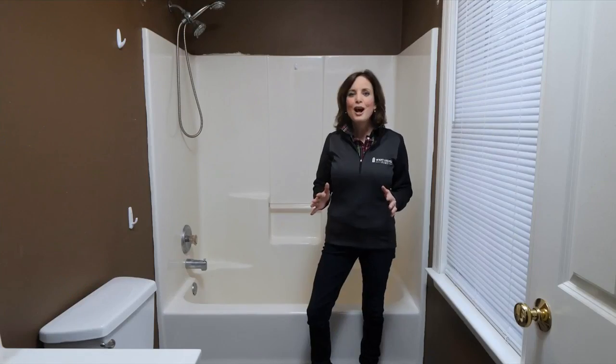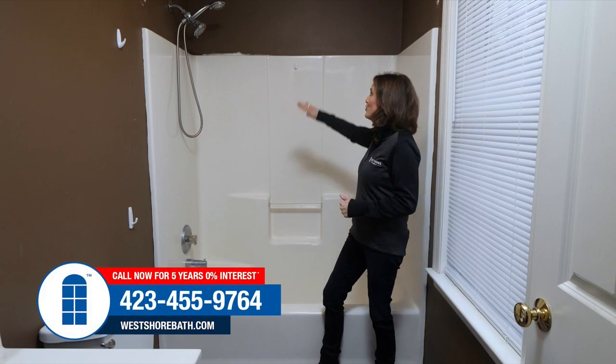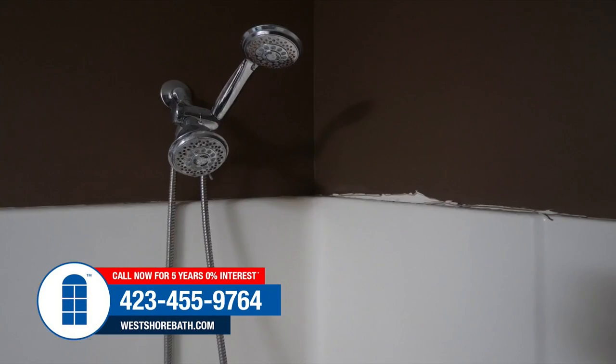So let's head out and take a look at what we're working on today. So this is common for a lot of the households that we come out to. It's the fiberglass shower and tub unit with a lot of exposed space up there at the top. You can see where that paint is peeling. That's because when the water